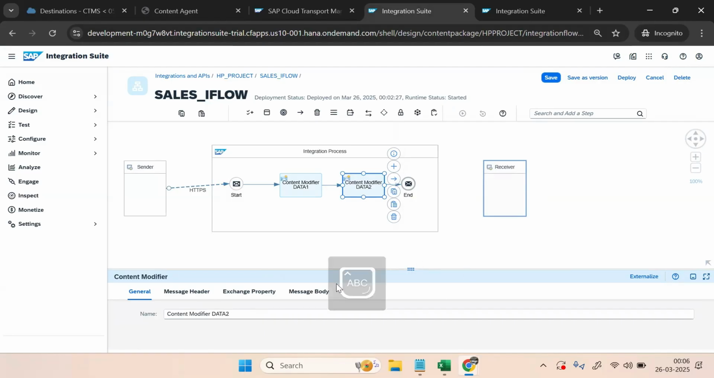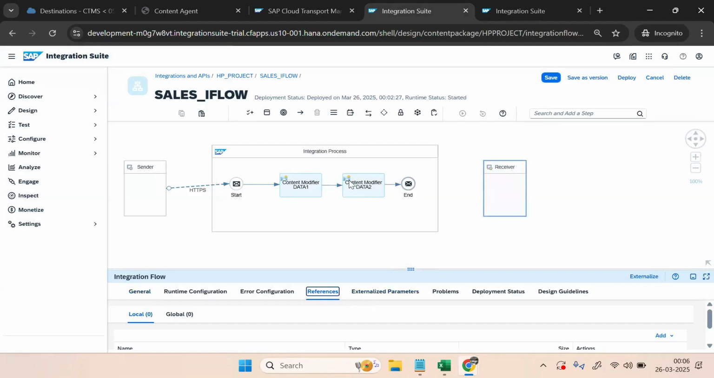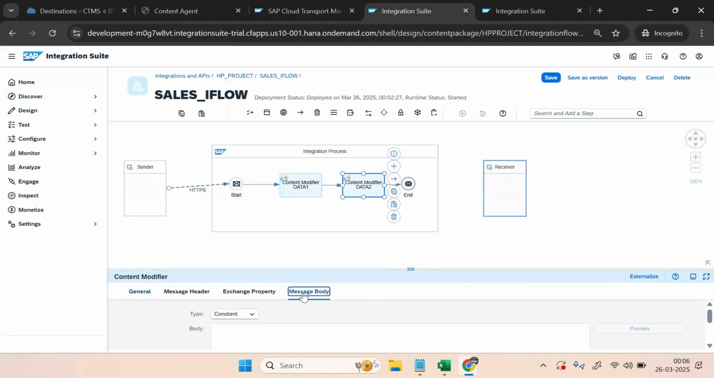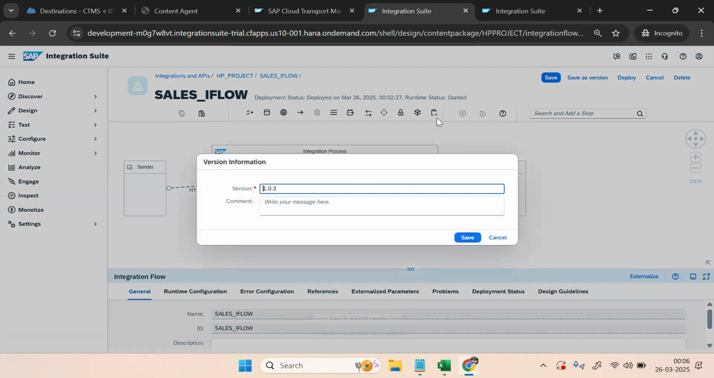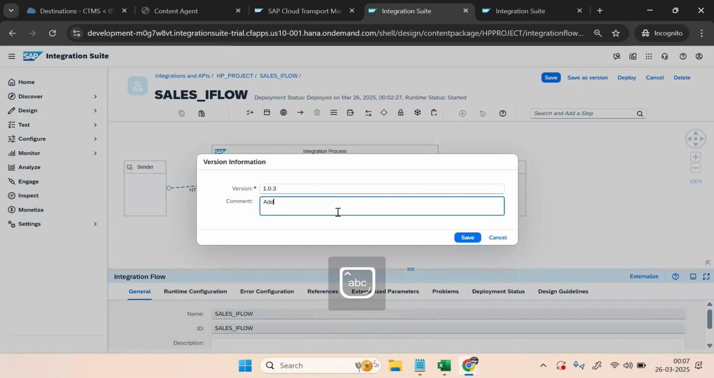Data 2, and in the message body. So we're making a second change to this, all right? So test data 2, save this and save as version 1.3. Additional changes to content modifier 2. Click on save